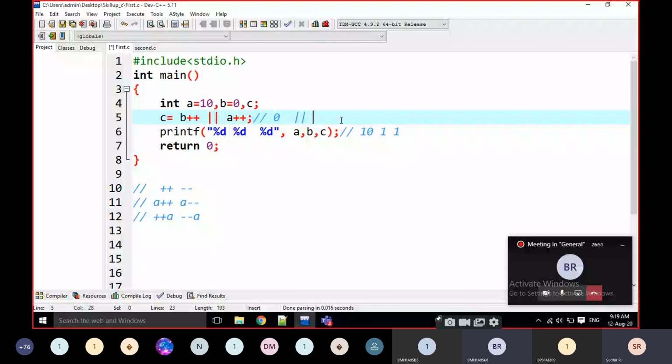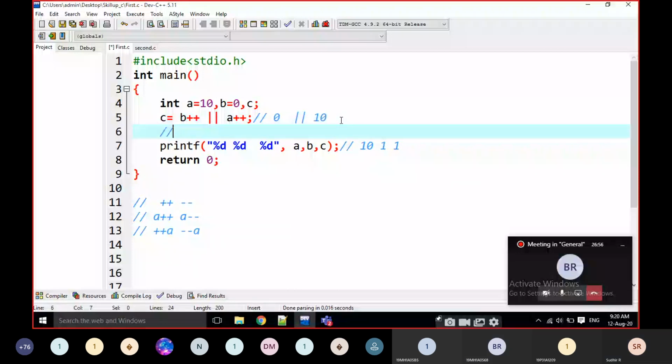And after this line, B becomes 1, since it is B plus plus, and A becomes 11. A becomes 11. Okay, sir.